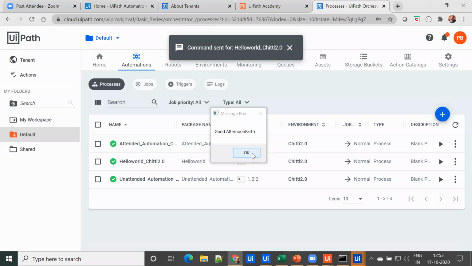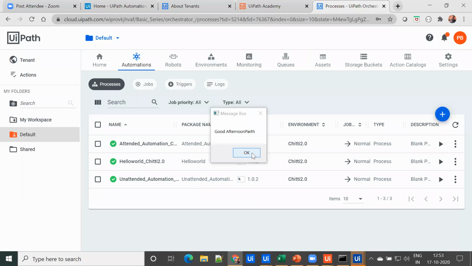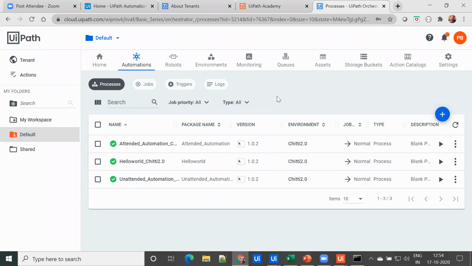So this is how we can provide a dynamic value, and this is how you can provide your input arguments or parameter to the process, and you can trigger your workflow. Now, the next demo is for trigger or schedule, right? So we've seen that we are manually triggering our workflow. But what if we want our workflow to be triggered automatically by orchestrator? Is it possible? Yes. So we can do it with the help of trigger.